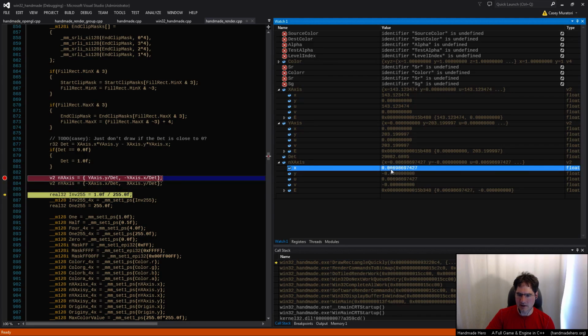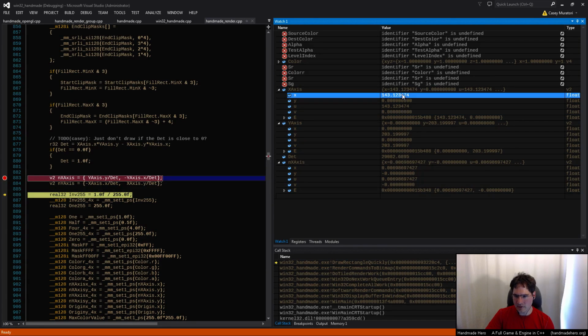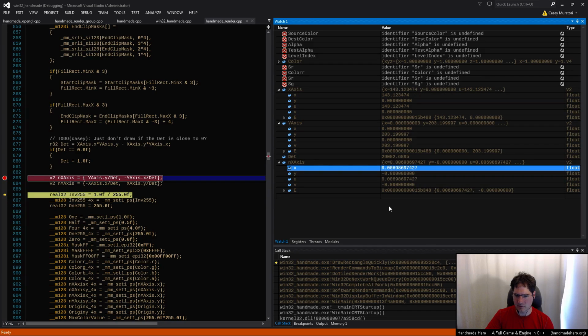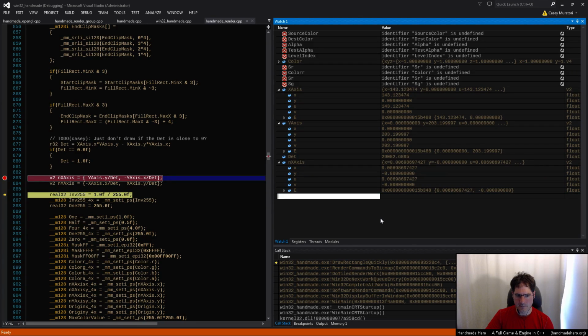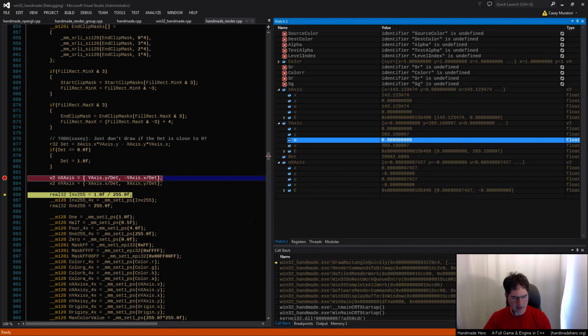If that was 100 pixels, let's say, to go the whole length, it's actually a little bit more than that. So if you look at what that's doing, that's pretty close to what I would have expected, actually. Because if I dot product with this, I'm going to get roughly what I would have expected. And then if I look at my ny axis here,